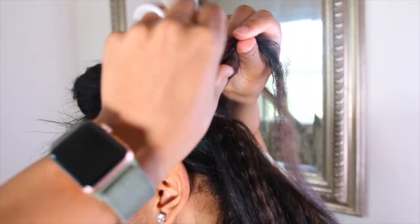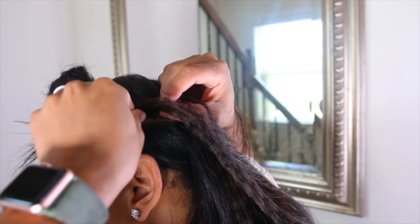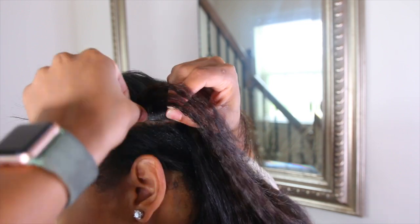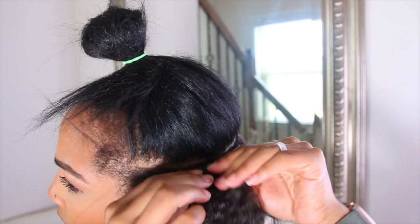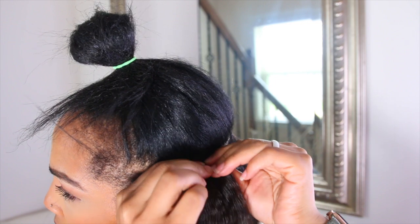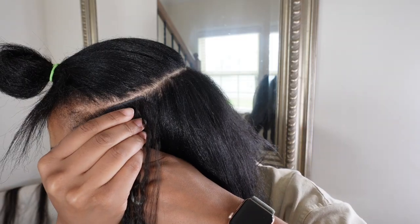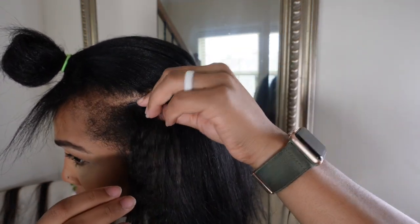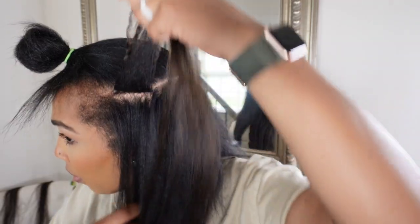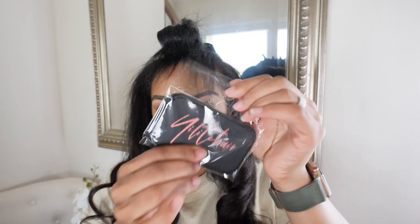So I love that. Here's another clip of me taping in that second piece at the bottom, and then we're just going to sandwich it together and squeeze it together. So yeah, they're super easy once you get the hang of it, and once you get the angles right with the mirrors, you're gonna be like, oh yeah, I can do this. It really took me maybe a good hour and a half to install